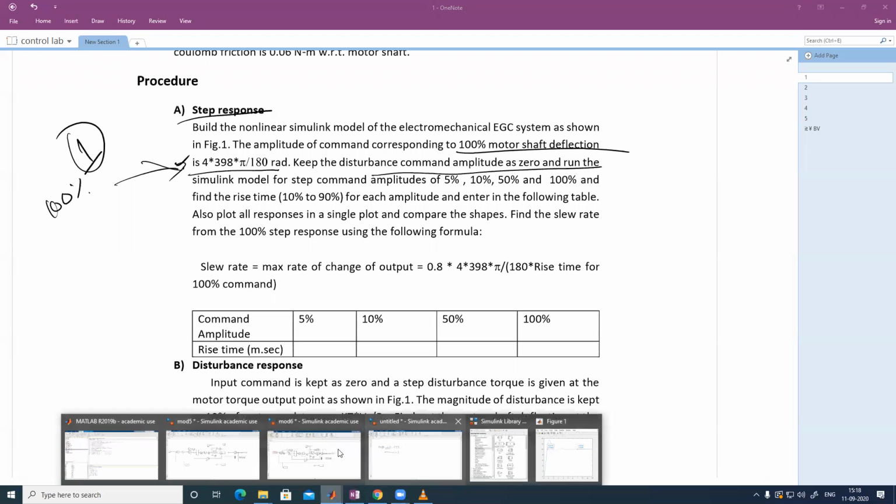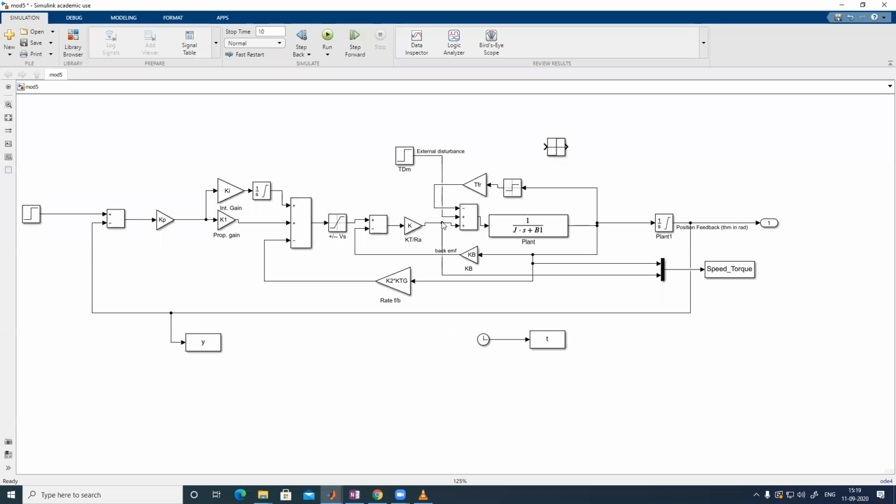Disturbance is coming here. So this is the disturbance. Some external torque coming in is called external disturbance. So for a flight, as the angle of attack is changing, the wind load will be coming. Sometimes the wind load will be more. This is called external disturbance. This will not appear all the time, only sometimes. So when this disturbance is coming, how the system is behaving, that is what you are checking in the second experiment.